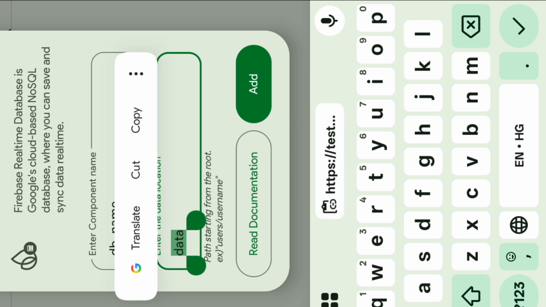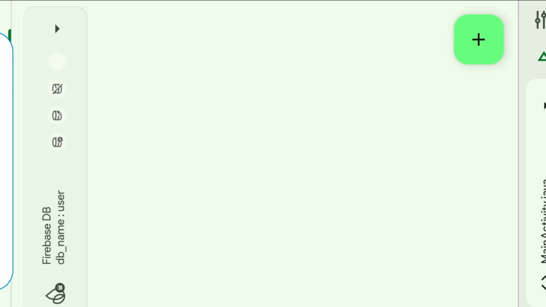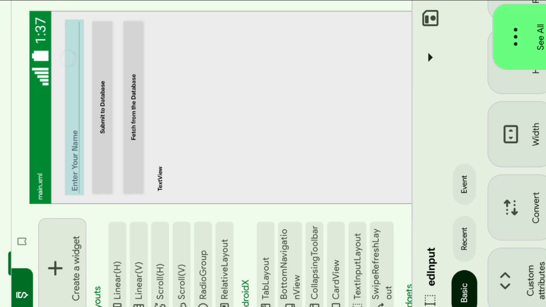Set the location path where you store the user's data, like users, names, etc., whatever you want. Click on add.